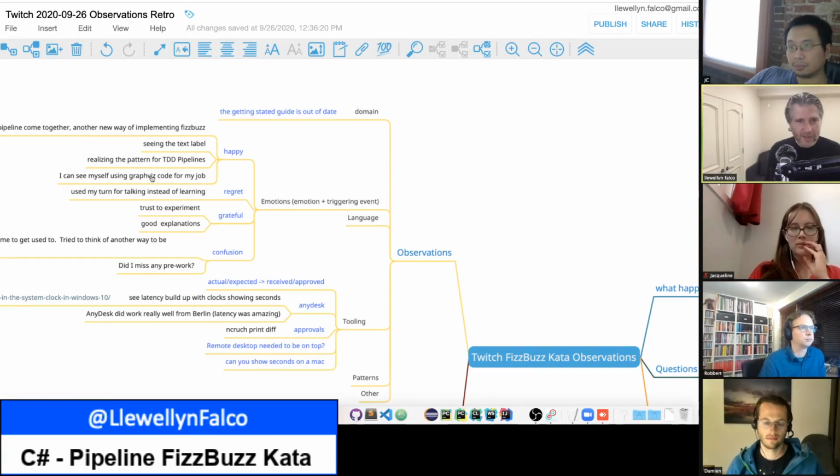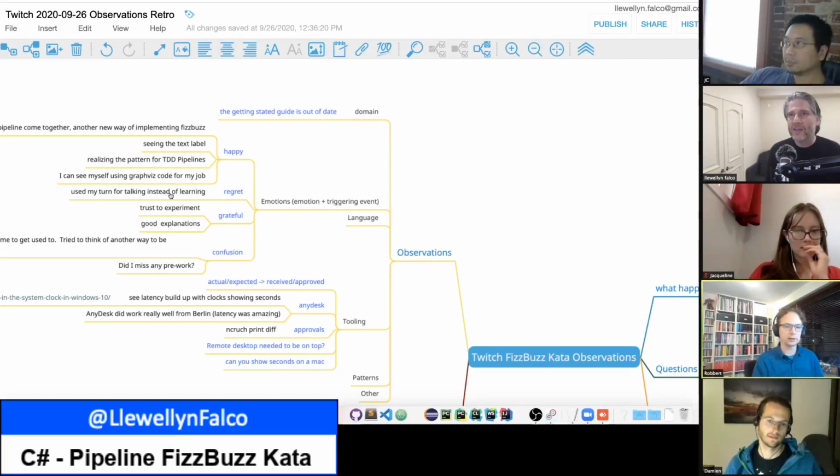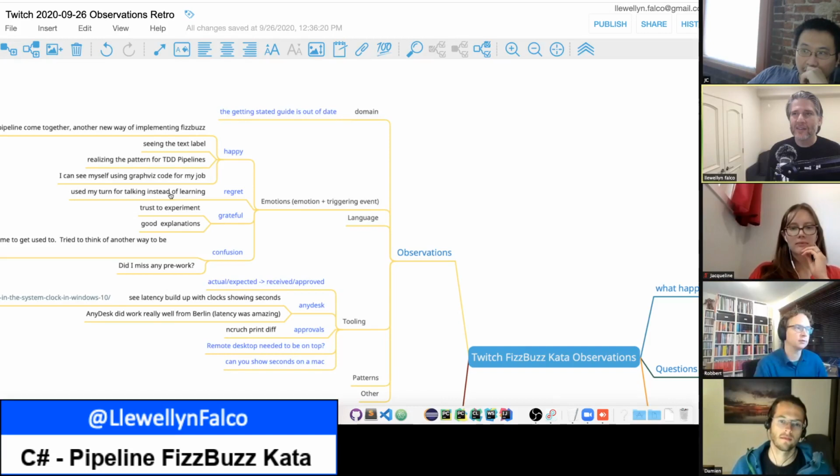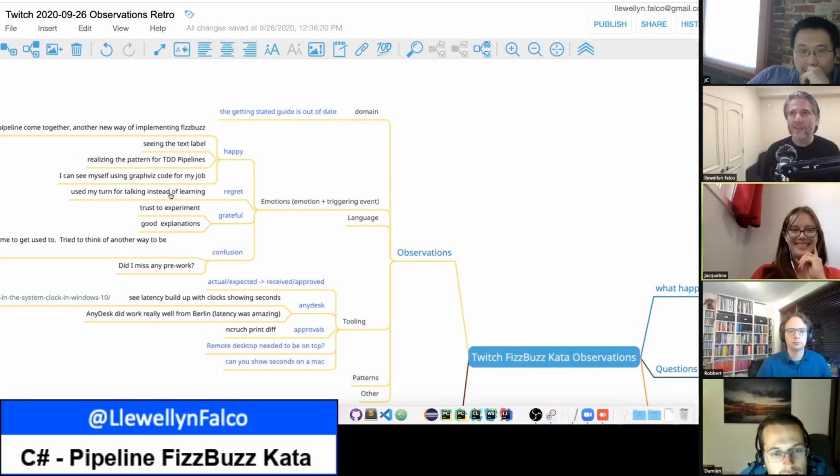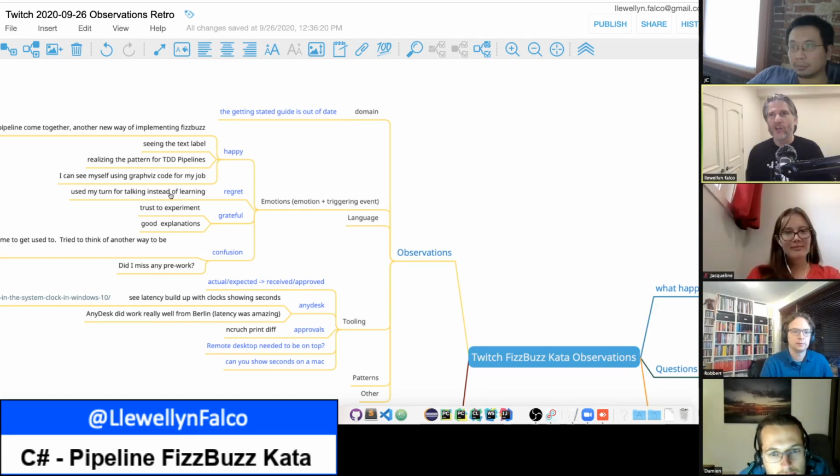There's another one: using VizGraph on my job. Was that for someone who's here? That's me. I liked seeing how you can quickly sketch a graph. It's fairly simple code. Yeah, I might try that. I used VizGraph on a client where we did a learning hour trying to understand how their build process worked, and it worked really nice.